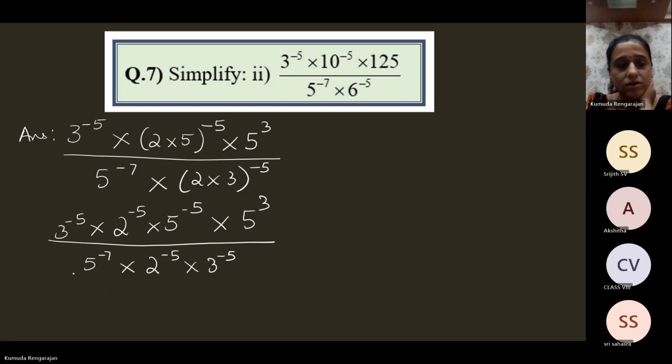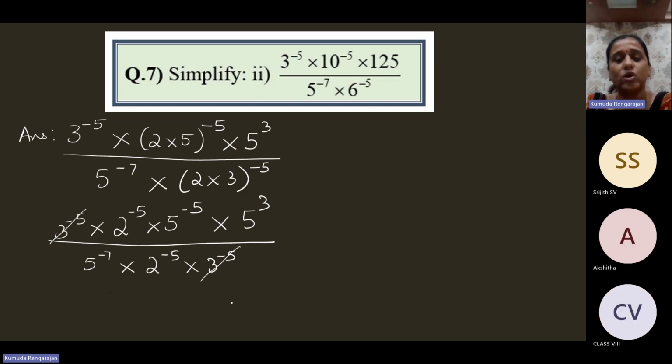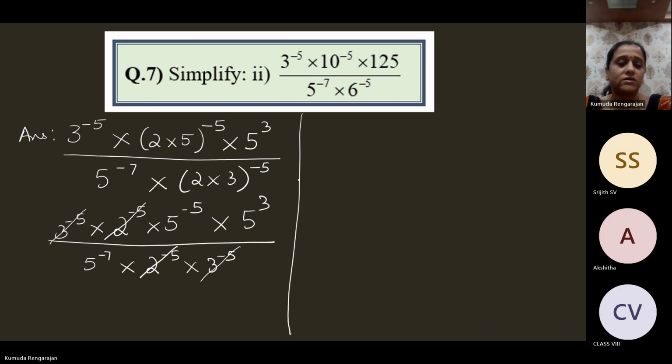Now, you can cancel. See here, same terms, no? 3 to the power minus 5 in the numerator, 3 to the power minus 5 in the denominator. You can cancel, or you can also use the law of exponents, which says when bases are same and it's division, subtract the powers. You can also do that. We'll do it both the ways. I'll cancel and complete the answer, and then we'll also use the law and proceed. Okay, and in the same way, you can cancel 2 to the power minus 5 and 2 to the power minus 5, right? So the next step,